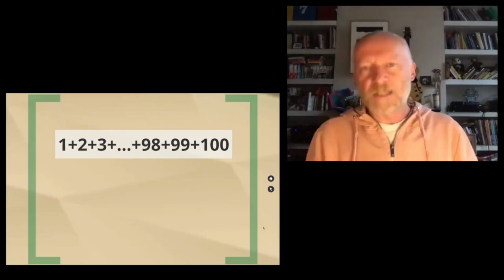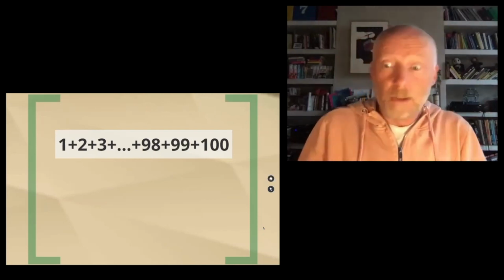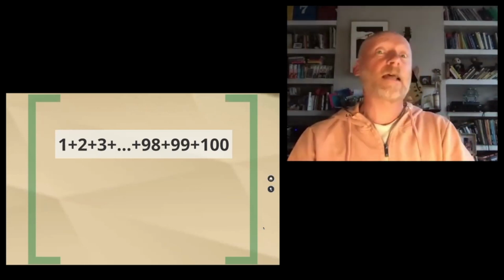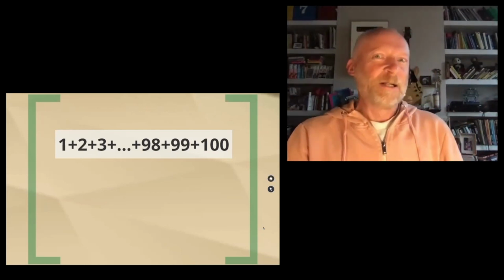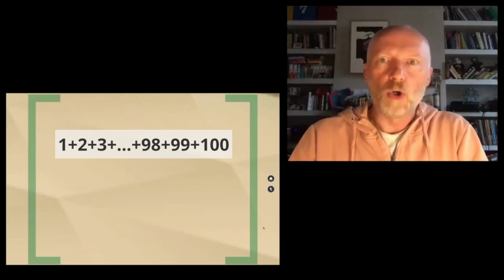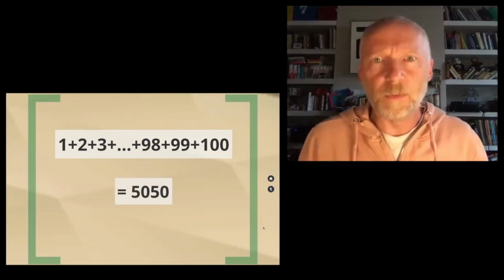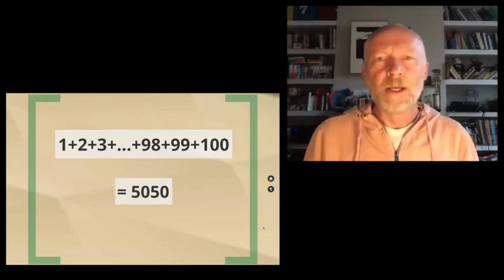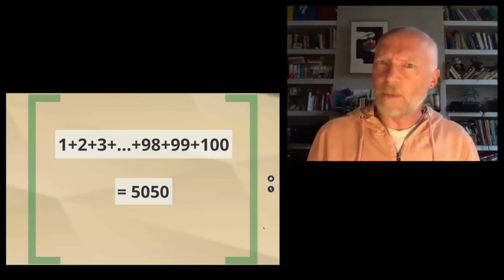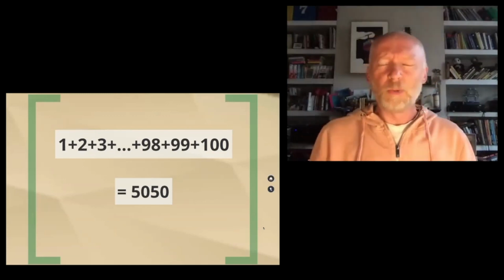So eventually the class finished the task and he went through all of the slates. Most of the answers were wrong because people had made silly bits of arithmetic mistakes on the way. And he got to that last chalkboard that Gauss put down very first of all. And there on the chalkboard was the correct answer, 5,050. And the teacher was completely taken aback and asked the young Gauss to explain, well, how did you come up with that answer without doing any of the hard work that I thought you would have to do?